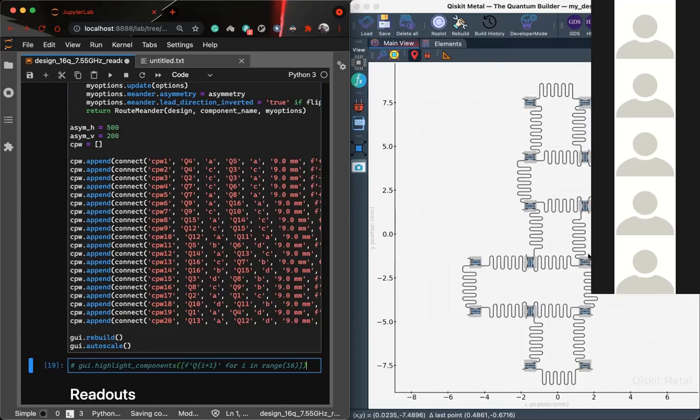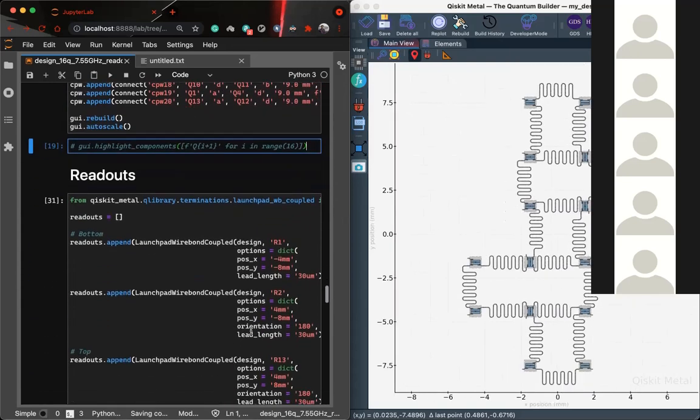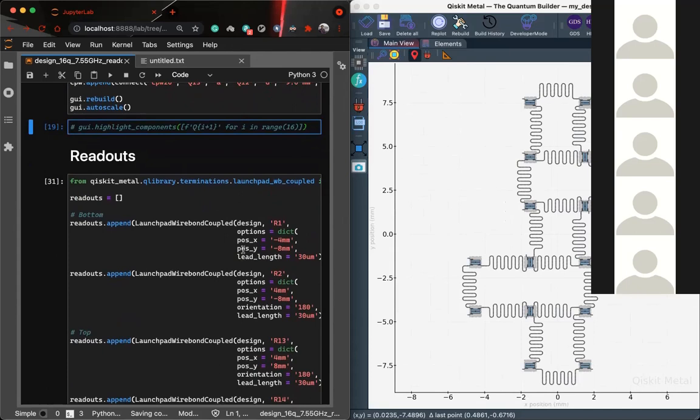And finally, we need readouts. Okay, so for readouts, in the previous demo I didn't show readouts because I was a bit short on time to create this particular demo. But readouts, I have put in the final design here. So for readouts we need 2 things. One is some place to solder a particular wire which will be connected to the RF signal that comes from outside the dilution refrigerator, right? So we need a point to solder that.